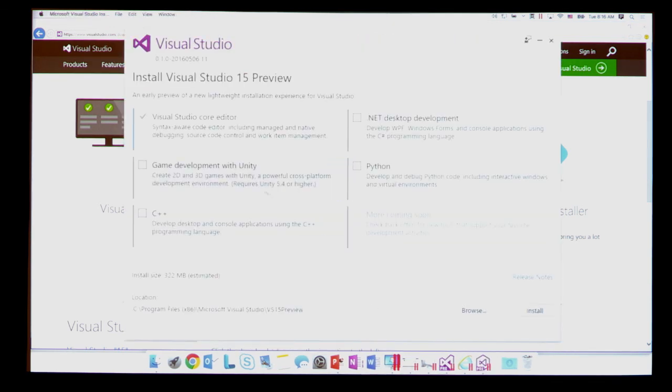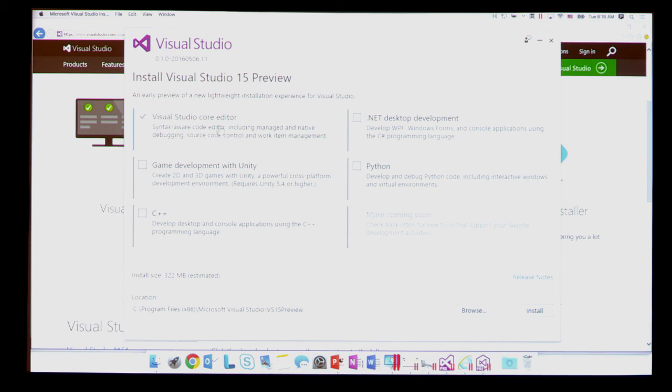So basically here, we have this new installer. It asks you, what do you want to install? And we have this new concept that we call Workloads. And it's based on our discussions with developers, as well as our telemetry. We've got a few people that check the please help Microsoft and send it some usage data, which doesn't give us any of your personal data,